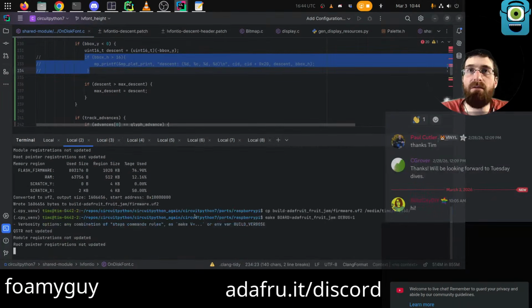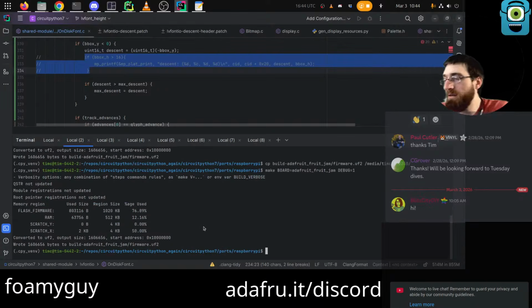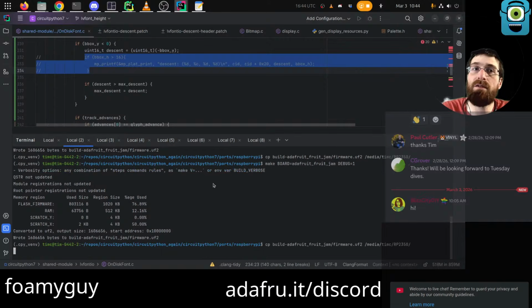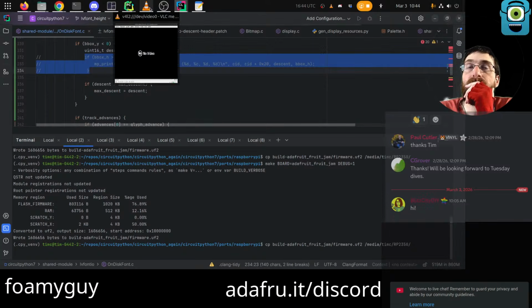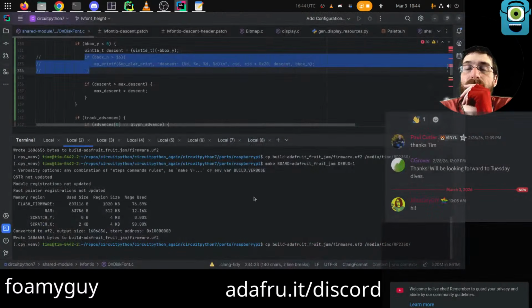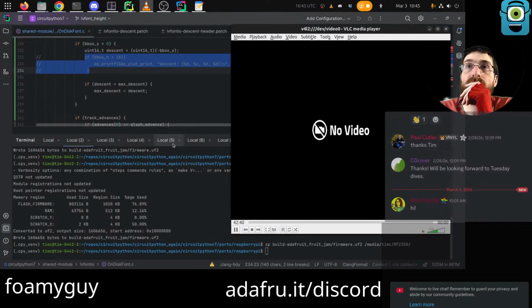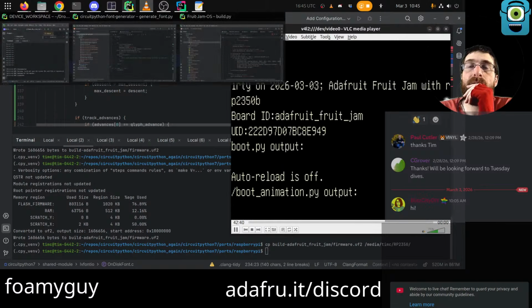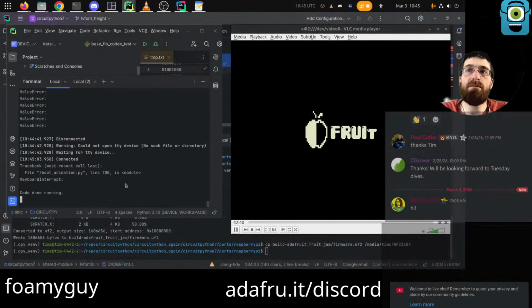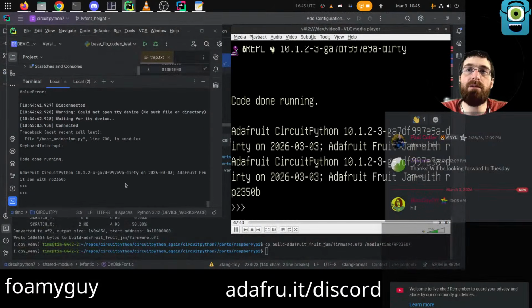But the next thing I want to do, I guess, is go back to a stock build of CircuitPython so that we can try to see if it hard crashes. Yeah. Oh, it didn't. Okay. Well, we're not back to the stock build anyhow, though. We are still on this custom build, which does